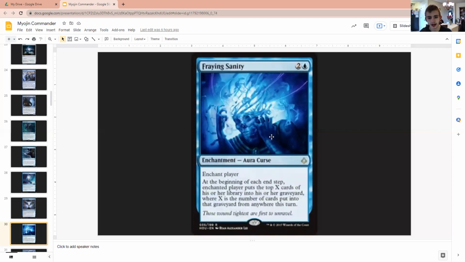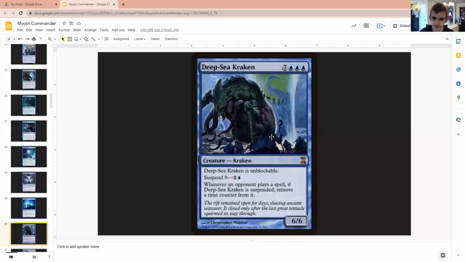Fraying Sanity, to just really mess with all of your opponents, in fact, and mess with someone even more. Or you could just stack all 4 on top of one opponent, and then they drop like a fly within turns. Deep Sea Kraken,